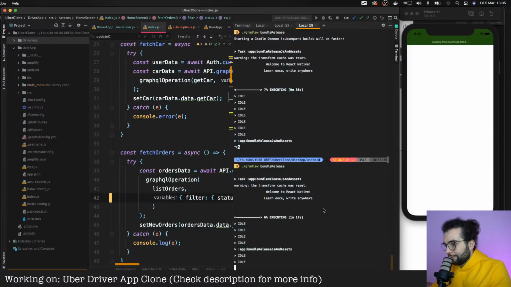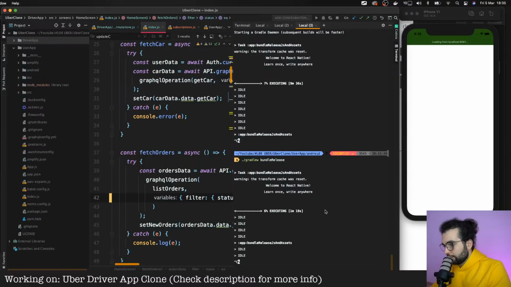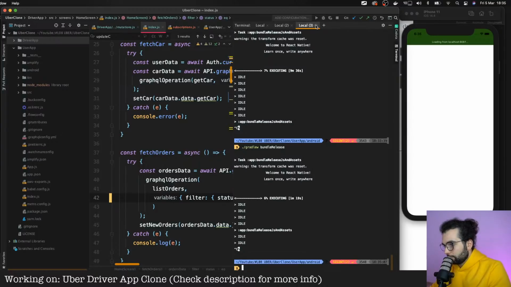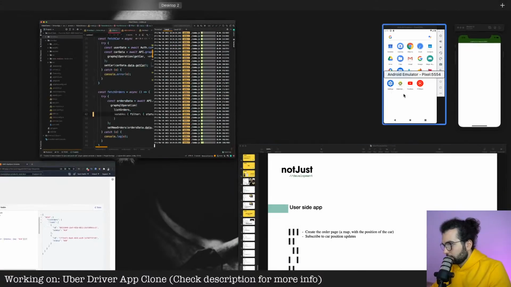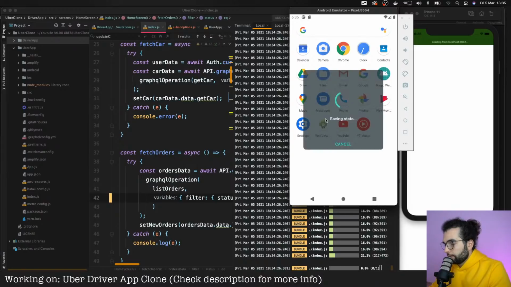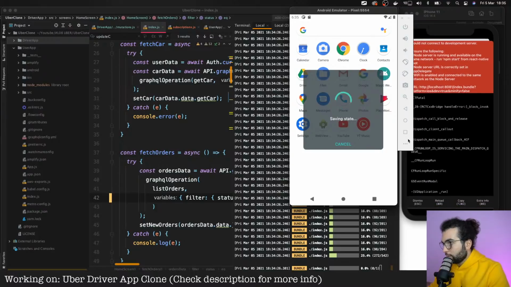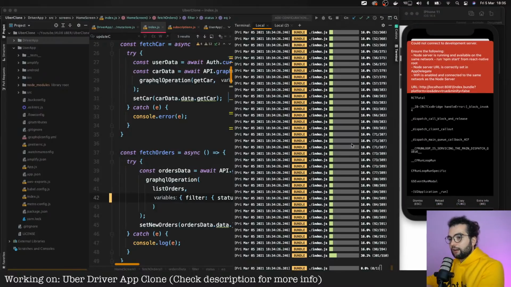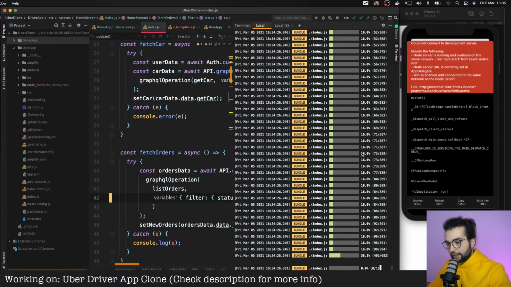I think I'll give up on the idea to build the Android, because this might actually slow down my PC. So let me just close the emulator. Because we already saw, yeah, CPU struggles. I think we already saw that the user application receives updates every time we update the data in our backend. And now let's do the last test in the driver application to make sure that it actually updates the data.